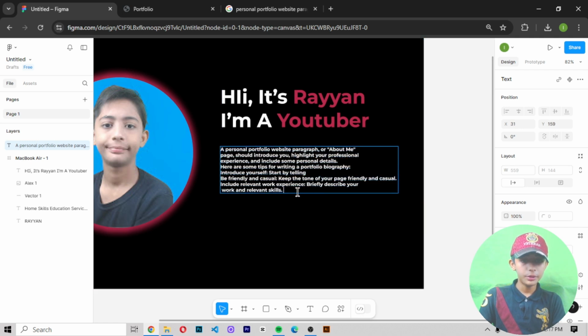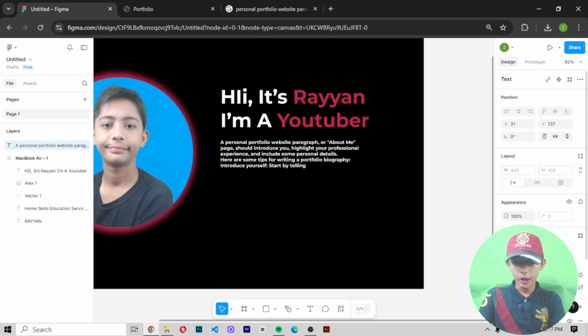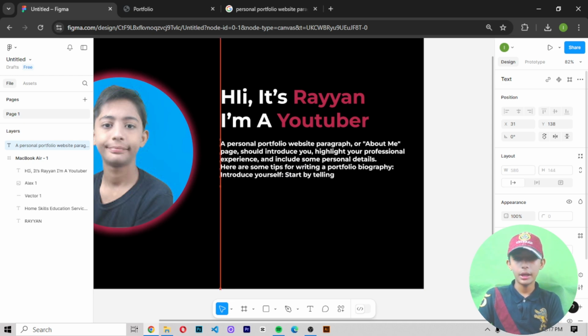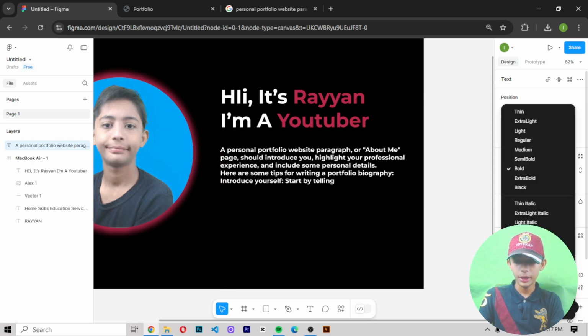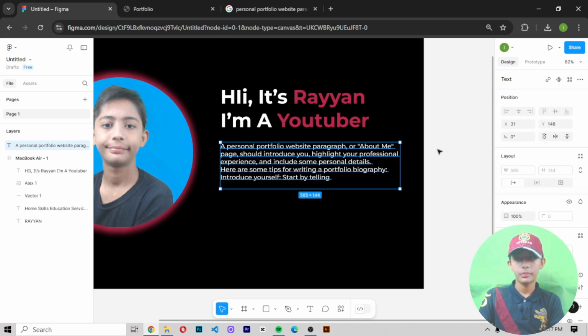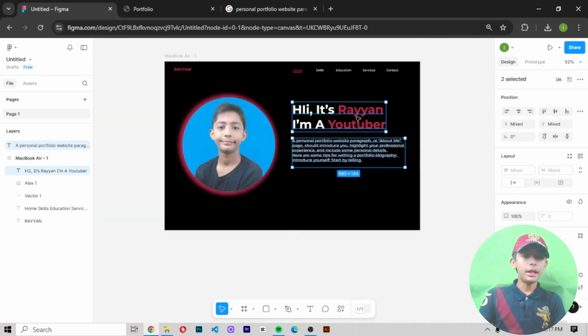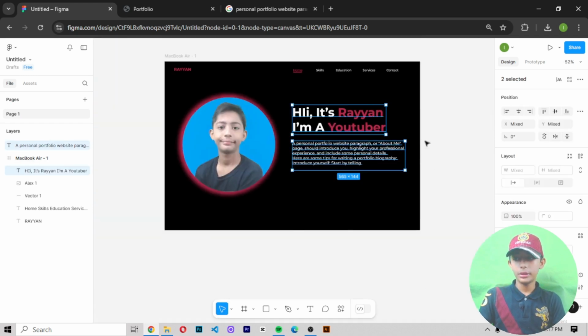Now the paragraph is much bigger, so let me make it smaller now. Now here you can see it. Now I am giving it size 20, and then I am giving it medium, like that. So it is now looking like that,